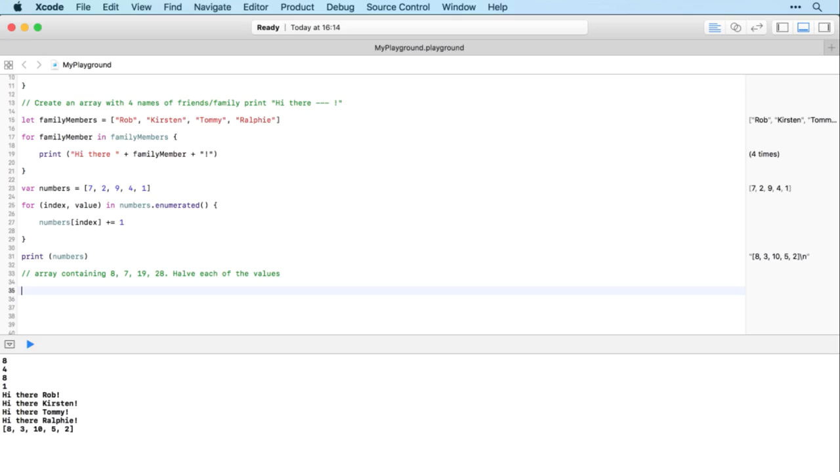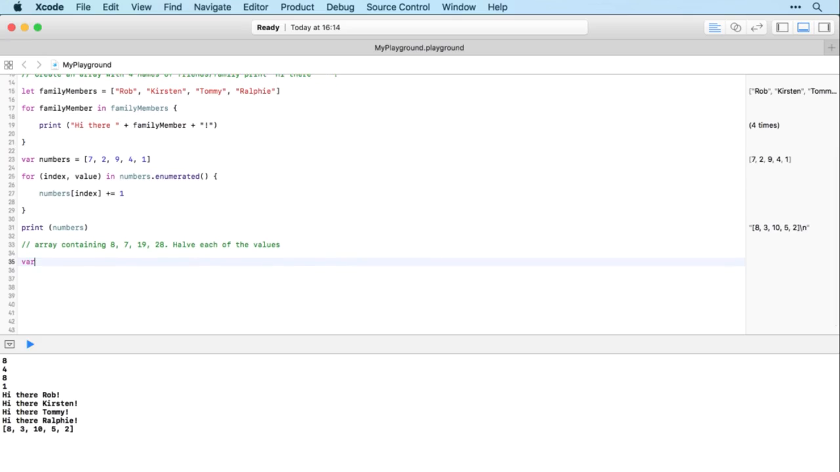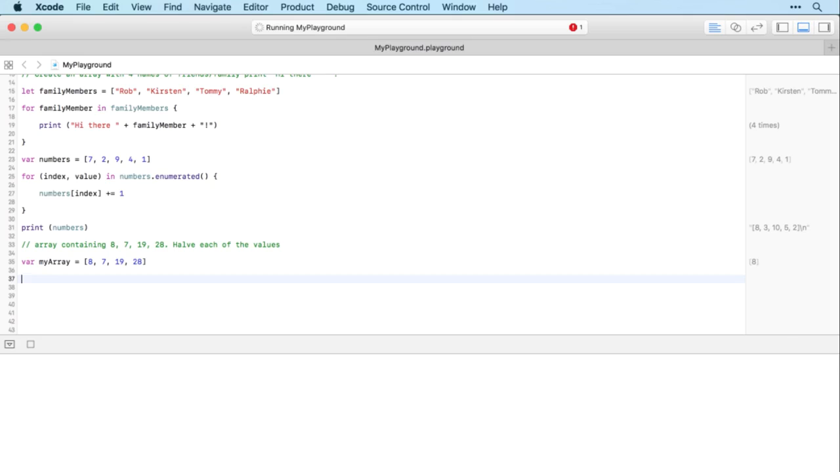All right, let's see how it goes. So this, I'm going to remember to use var rather than let because I know this is going to change, and I'll use my array as an array name. And let's start off with 8, 7, 19, 28. So there's my array. Then I use for index and value in my array enumerated,